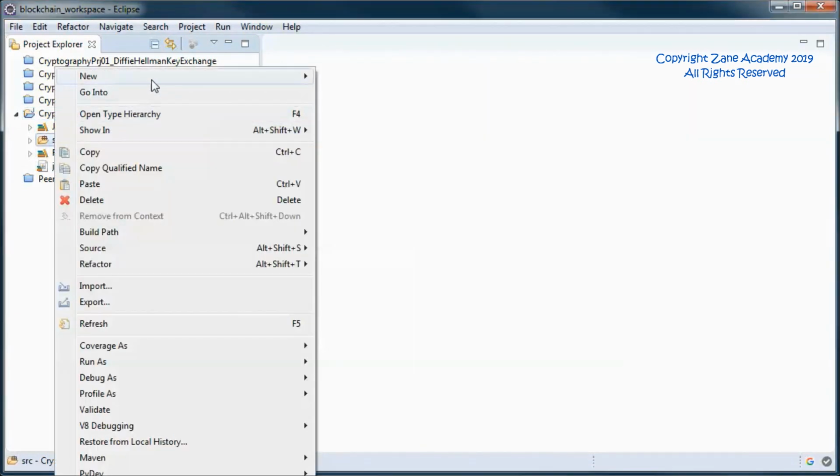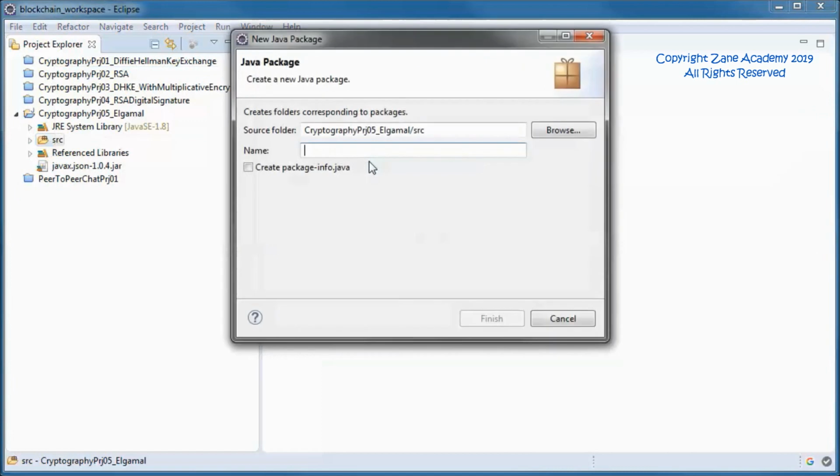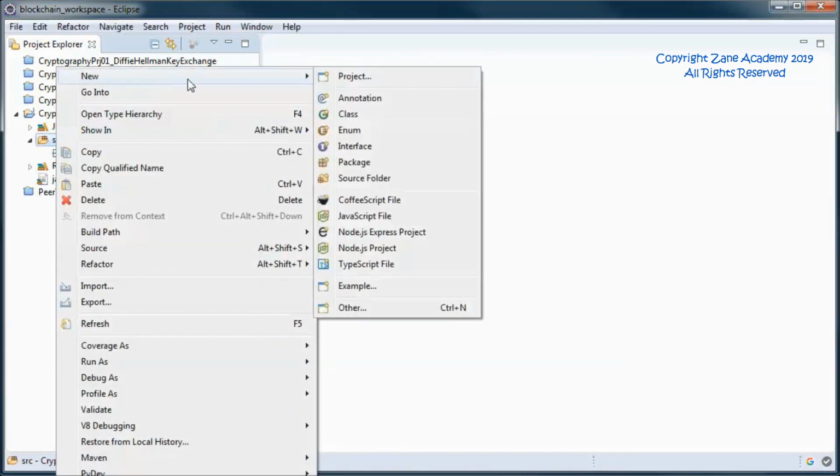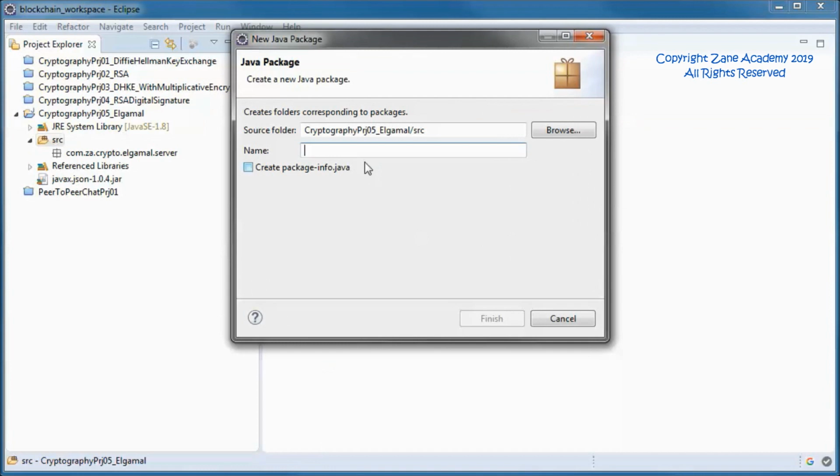And we will have two packages, one for the server code and another one for the client code.